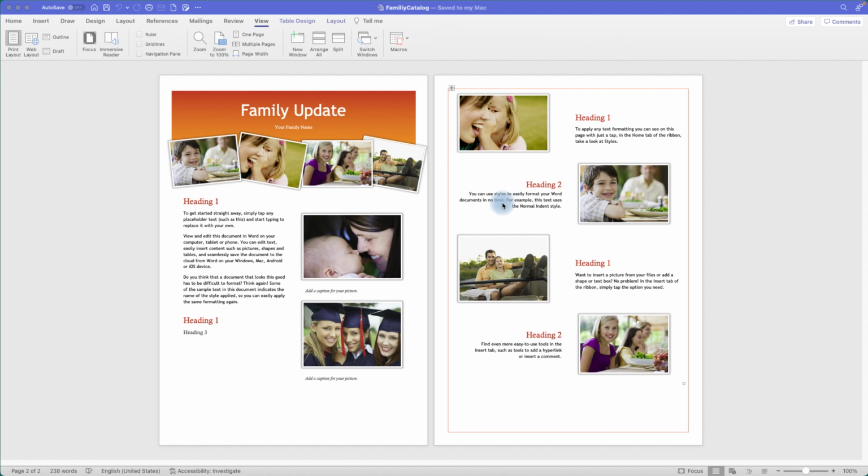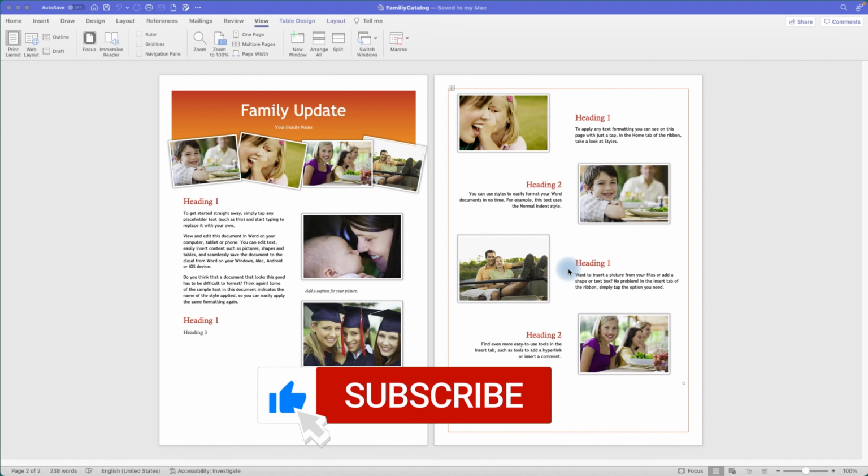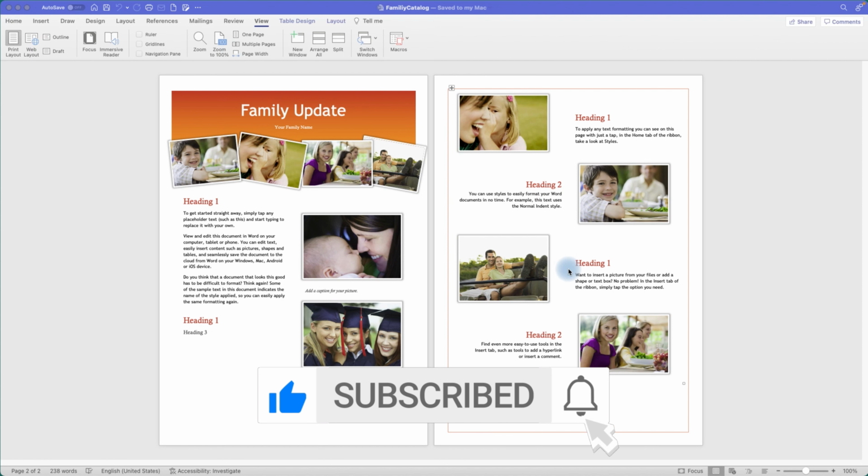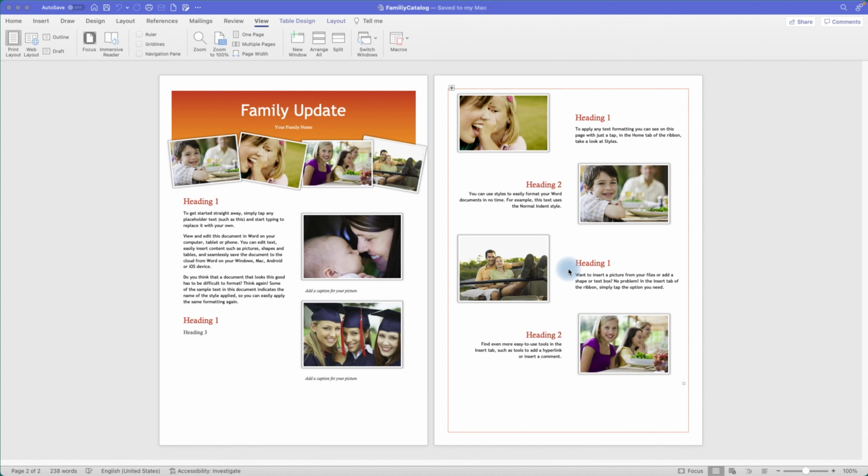I have this beautiful Word document. I have created some family updates, some pictures, and text. I really want to convert this Word document into a PDF file. So, to convert a Word document into a PDF, or to export a Word document to PDF, what we have